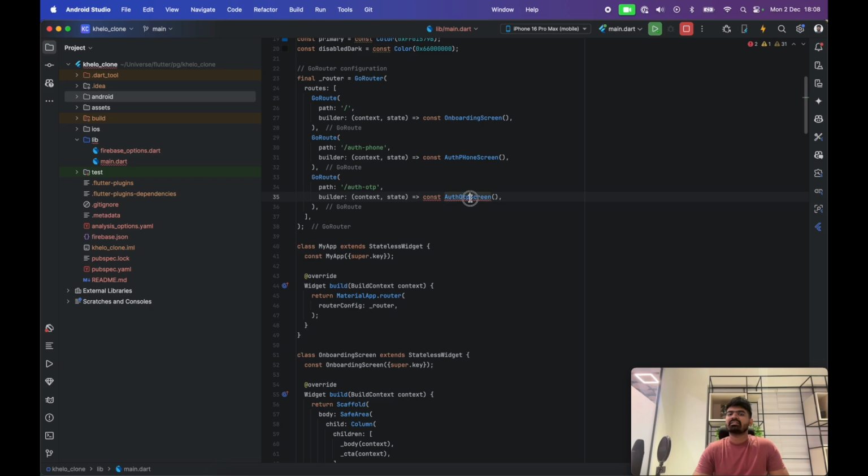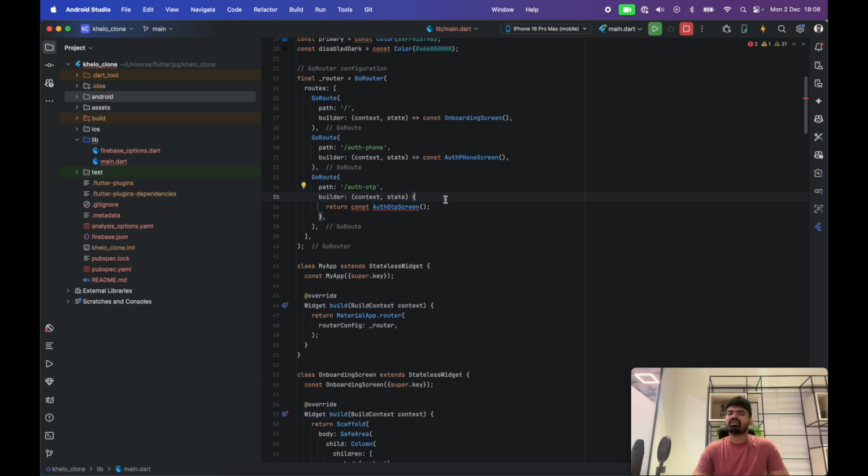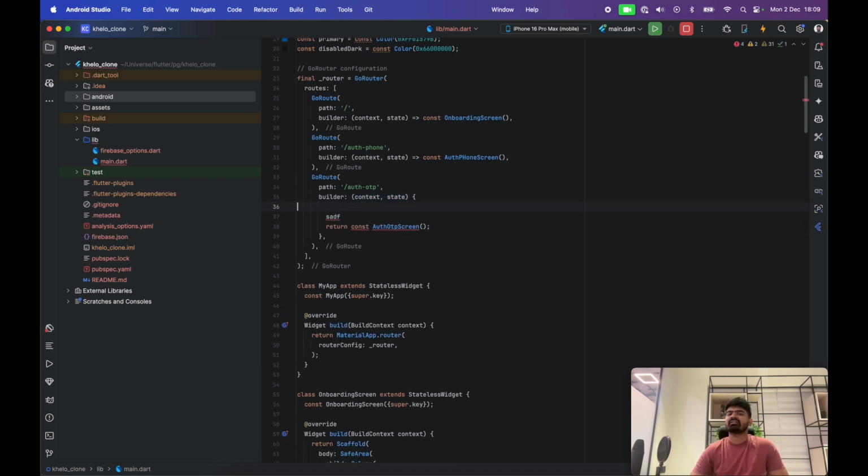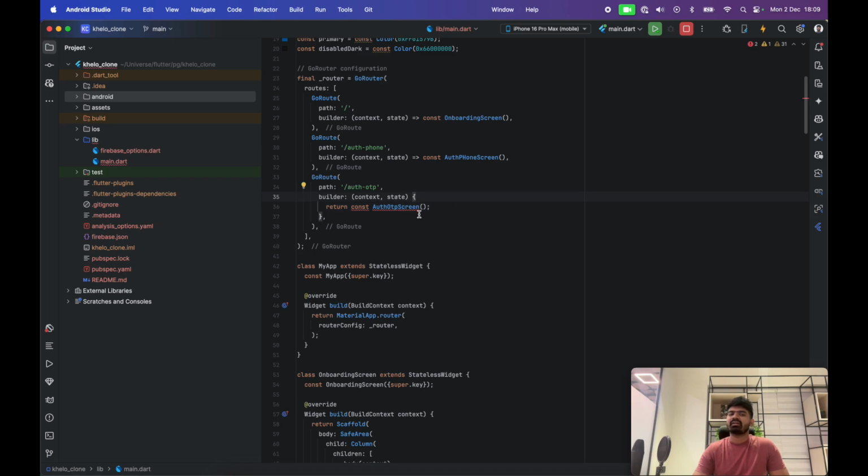So now let's do that, and for that we'll first convert this to block body. So in Flutter you can create this callback two ways. This is kind of a shortcut way, right? And here, you see, this is a method with these two parameters, and here you don't need to add return or anything like that, right? And this is a normal callback, or we'll call it closure, and here you see these are parameters, and here we can add multiple things, and then at the end we'll need to return this auth OTP screen,